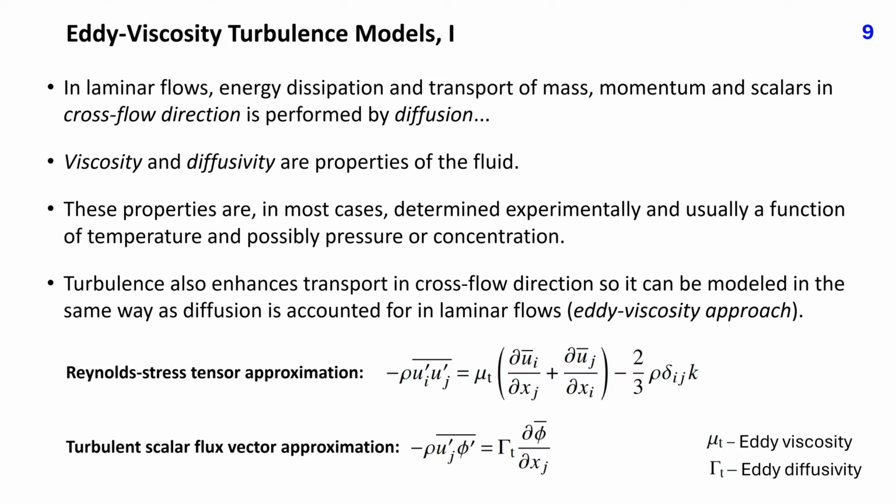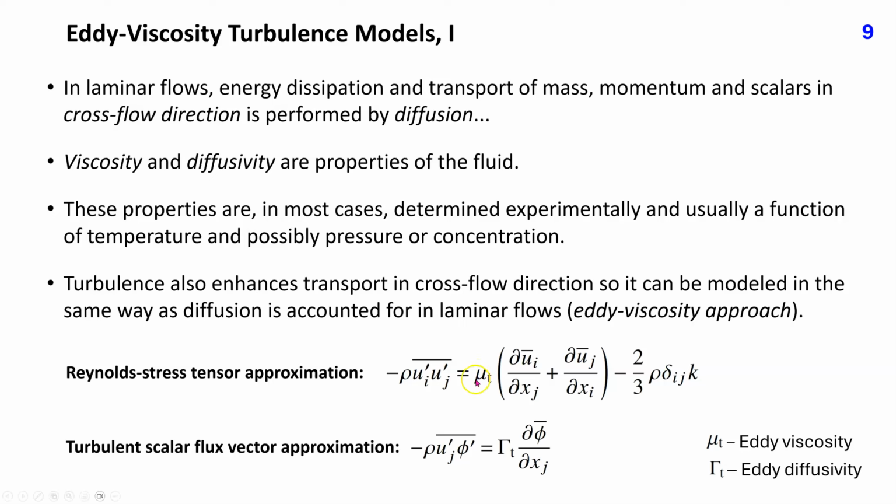As shown in slide 7, the origin of this transport lies in convection terms, but it is compelling to model it in the same way as diffusion is accounted for in laminar flows. This leads to the so-called eddy-viscosity and eddy-diffusivity approach. With this approach, the Reynolds-stress tensor is approximated as follows. This part looks like the mean viscous stress tensor defined in slide 7, with fluid viscosity replaced by a yet